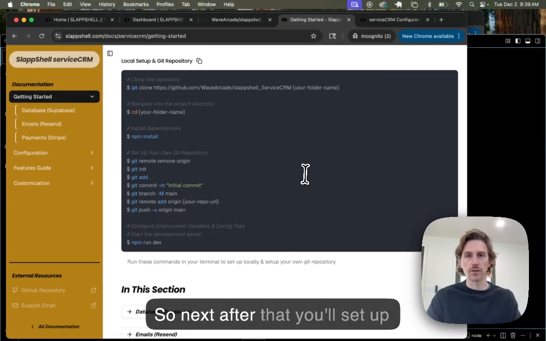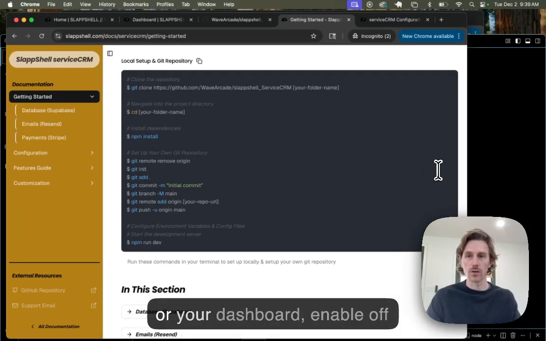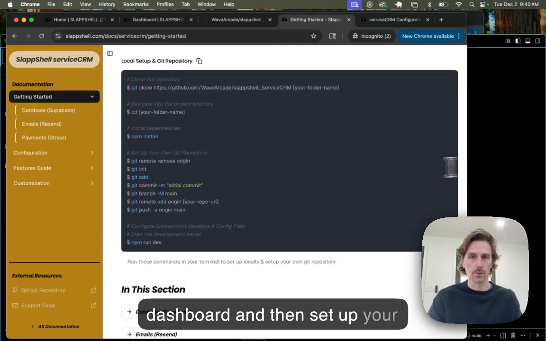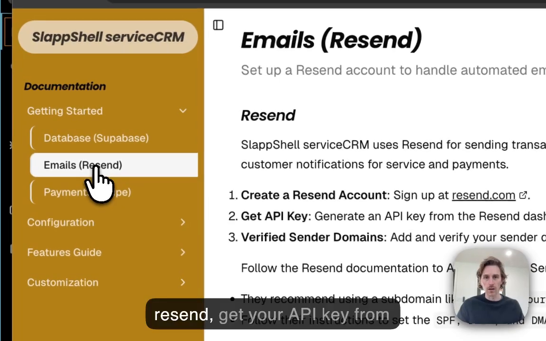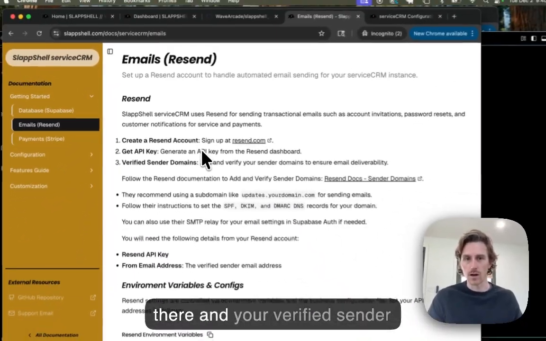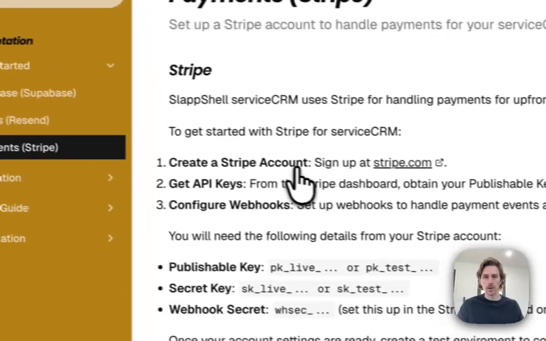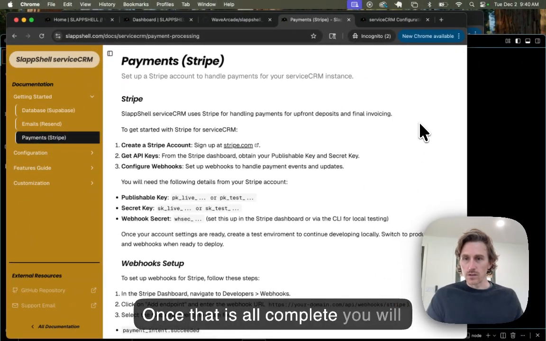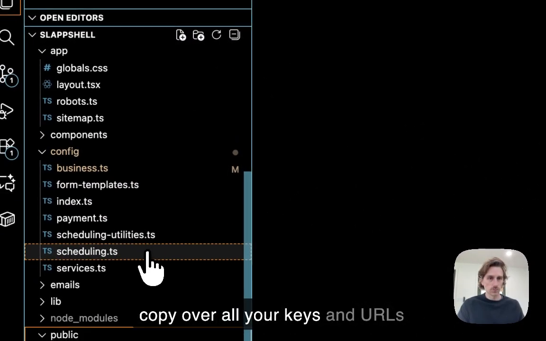So next, after that, you'll set up Supabase, run the migration either through the Supabase CLI or your dashboard, enable auth hooks within the Supabase dashboard, and then set up your super admin account. You'll also set up email through Resend, get your API key from there and your verified sender domain, and then you'll set up a Stripe account for payments. Once that is all complete, you will copy over all your keys and URLs to the